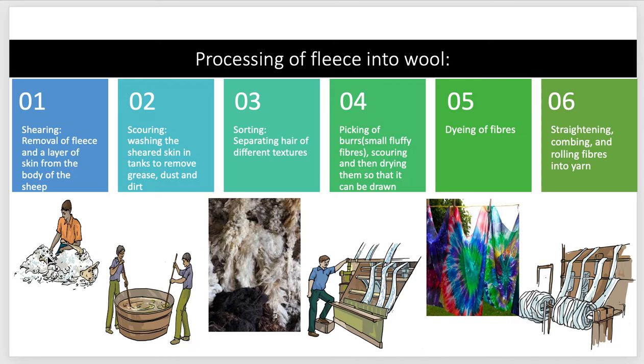The simple answer to that is that our skin has many layers of dead cells. Remember I told you about cells in the previous videos. These layers of cells on our skin are dead, which means even if they are removed from our skin, we won't feel any pain because these cells are already dead. In the same way, while shearing, even though a layer of skin is removed from the sheep's body, it does not feel anything because they're all dead cells.